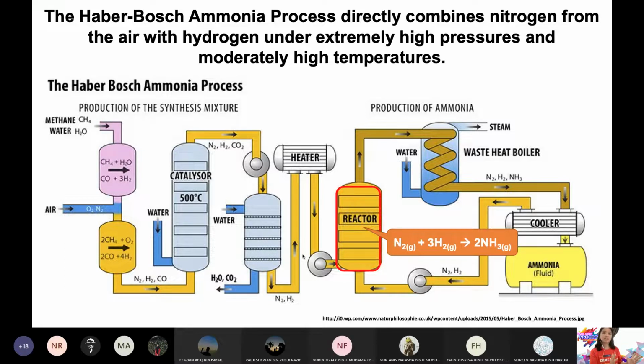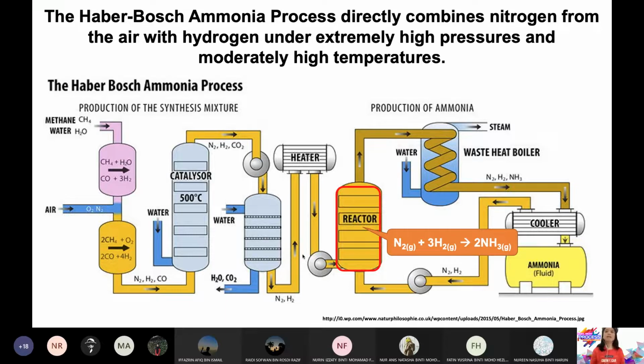So the reactor is an integral part of the plant, and if you ask me, most of the investment or money used in the production is always on optimizing your reactor performance. The higher the optimize your reactor, the better it is for the company. So bila company nak invest dalam processing, most of the time dia akan invest dalam reactor, sebab reactor yang high efficient will give you the best or more product.